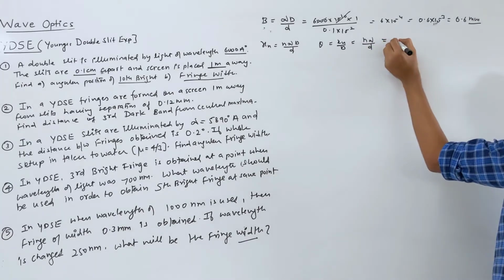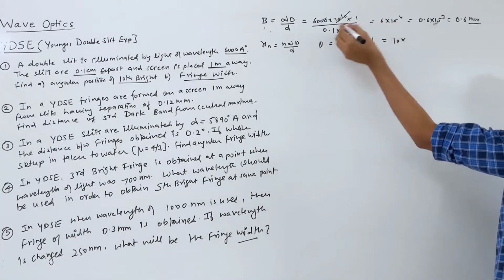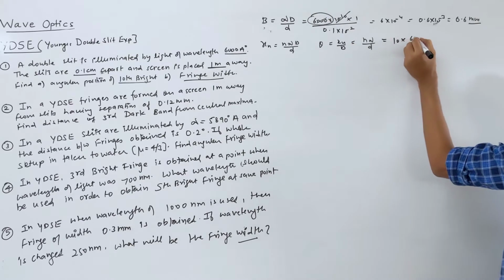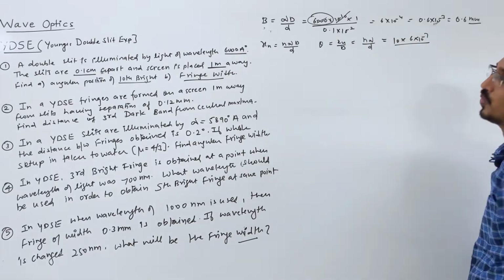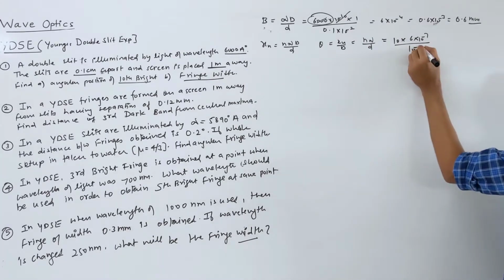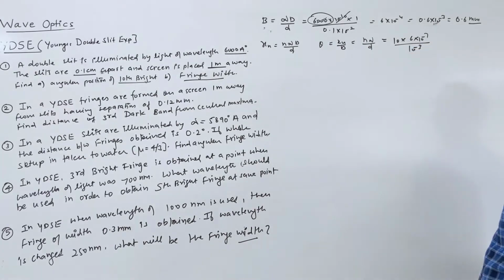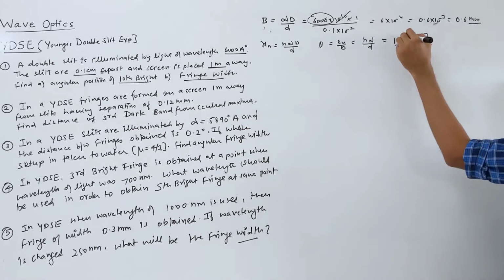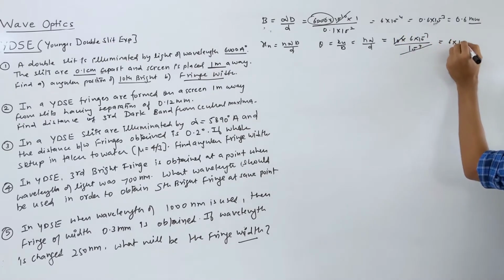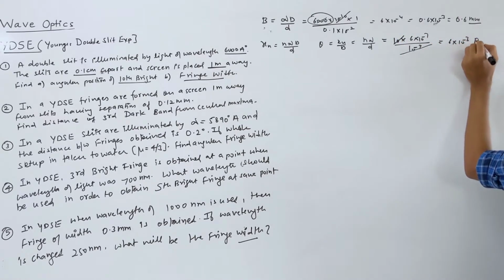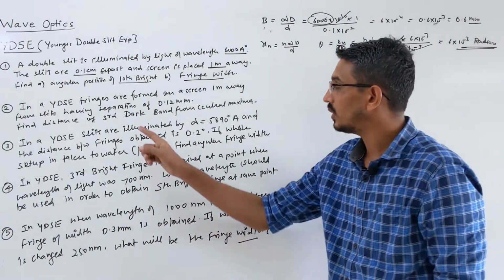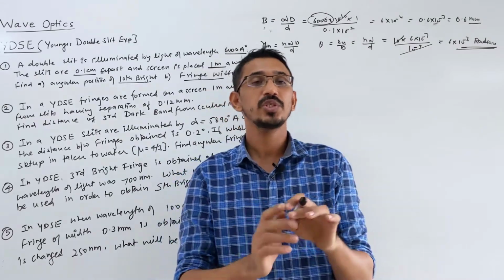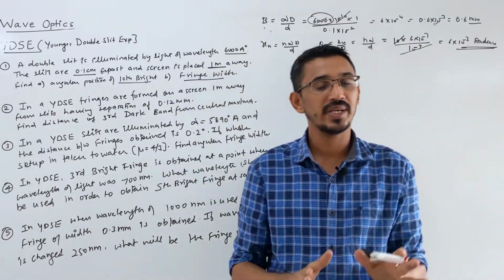Yes. So n is given, 10th bright fringe, and wavelength is given, 6000 angstrom. So 6 into 10 power minus 7 I am writing directly, and d is given as 0.1 centimeter, which means 10 power minus 3 meter. Clear? Okay. So minus 3 and 10 power 4 goes here, 6 into 10 power minus 3. Here the answer will be in radian. This is very important. Whenever we are asking angular position, angular width, the answer is always in radian, SI system.